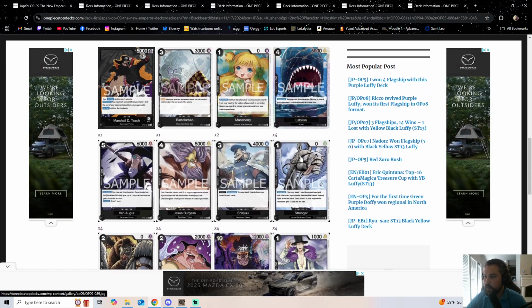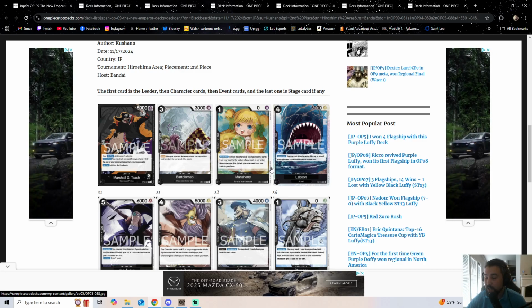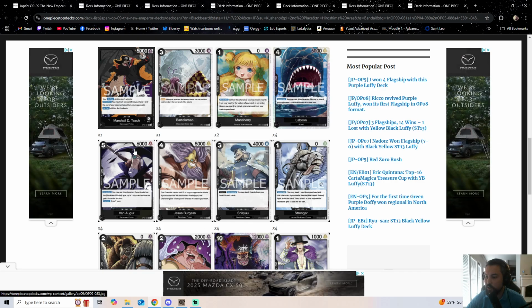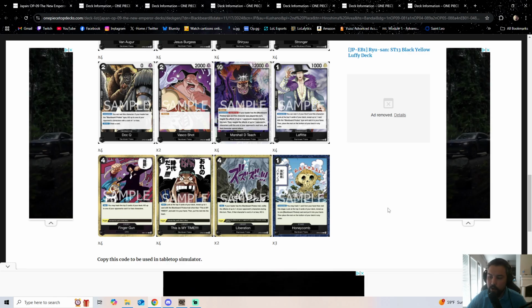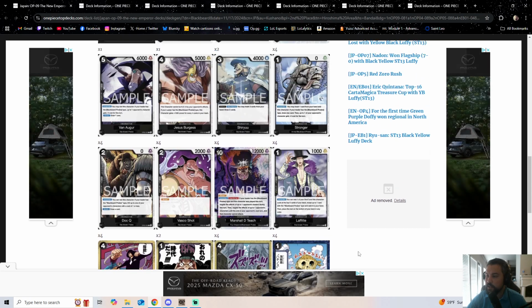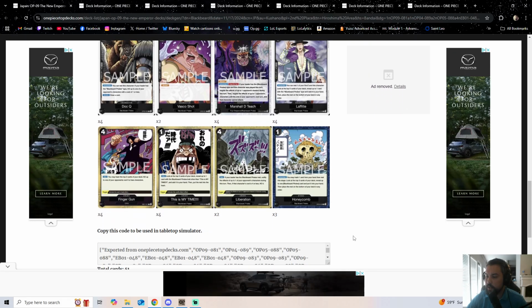So, ultimately, this list is relatively slow, actually. The thing about Teach is that he is kind of about building up, having his dudes on board, and then getting their effects as they get to attack. But none of them get to attack on the turn that they come out. He uses a lot of events for KOing stuff. He searches a lot with his stage and with his event, and even with his Lafitte. But